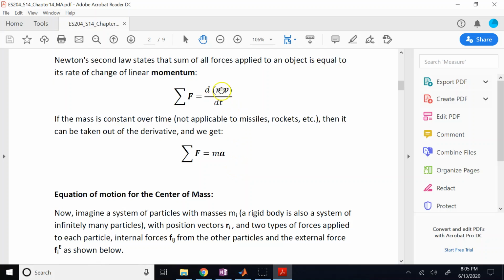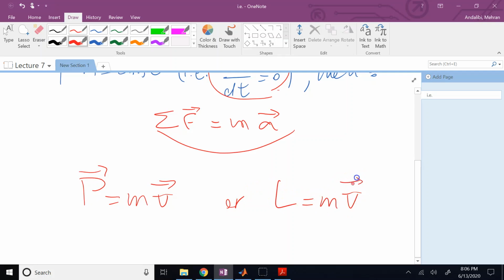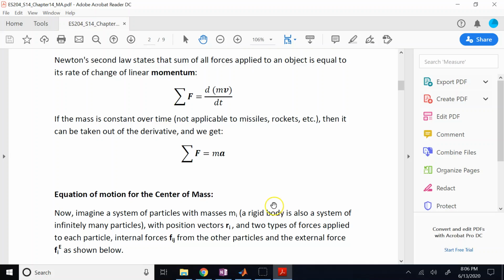Now, in many textbooks, there is also a letter for denoting the linear momentum. There are different letters. Some textbooks use L, some textbooks use P. Okay, so some textbook says P equal mv. Some textbook might say L is equal mv. So anyways, it is a vector quantity. The unit of that is kilogram meter per second, or pound mass foot per second,